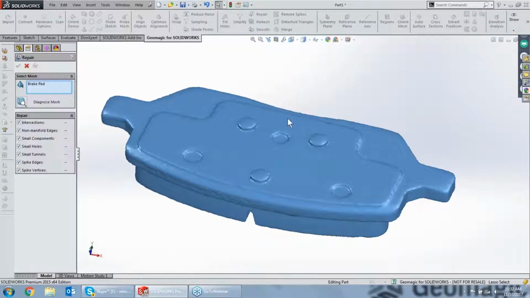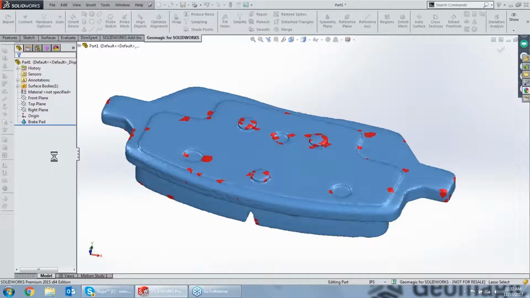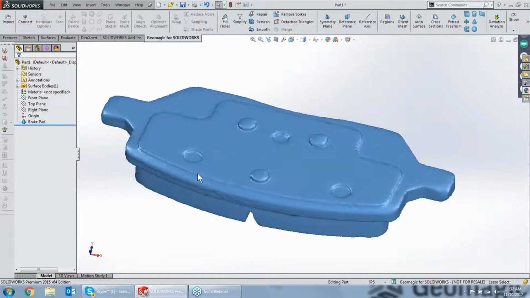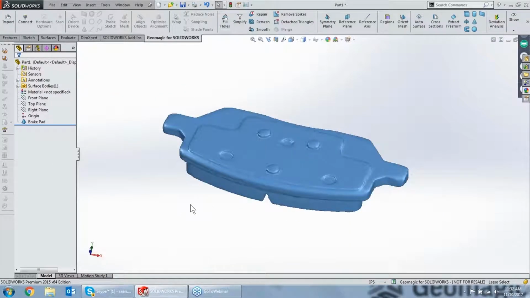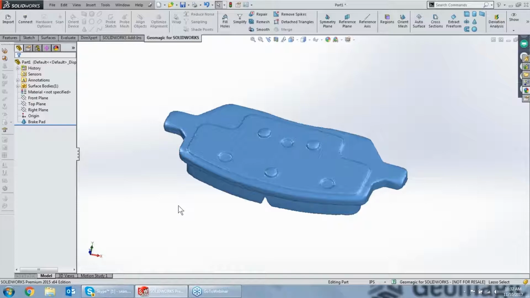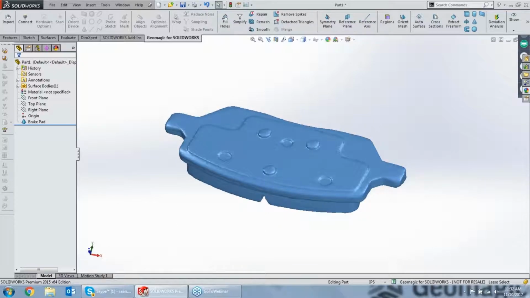What I can also do is check the part for any potential issues. Maybe I've got a triangle that is floating in space, or I've got a spiky vertex from my mesh or something like that. And I can have the software automatically correct those issues for me. And the reason that we do this, not necessarily is for a rendering concern, and it's certainly not for a mechanical reverse engineering concern, but the first thing that I'm going to do from a scan data modeling